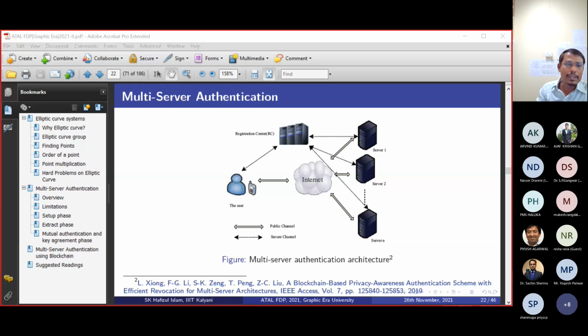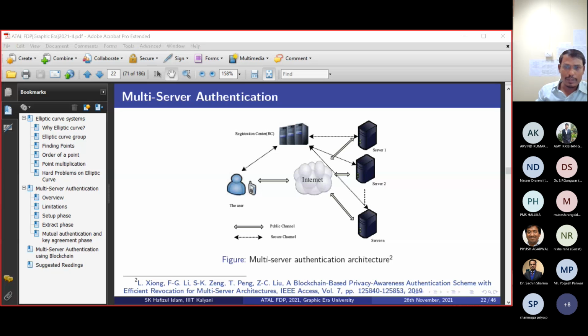So instead of that, multi-server authentication gives a technique where the client and all the servers will register to a single entity called the registration center. So all of them are actually registered. From the client point of view, the client will only register to the RC. Now it is the responsibility of the RC and all the servers to manage there. And then this client can log into any of the servers, right? So this is the benefit of multi-server authentication. I can access multiple servers just by registering to a single entity with a single credential.